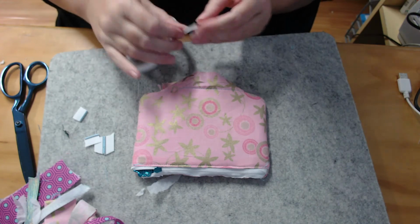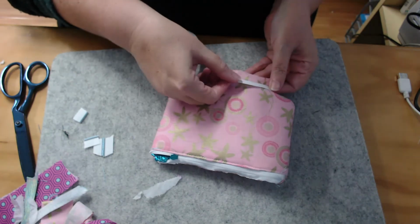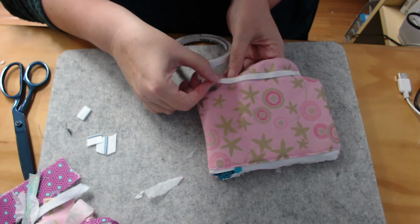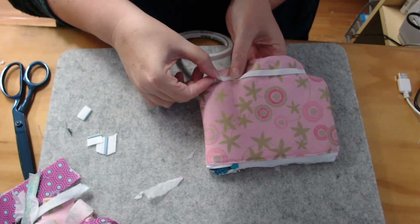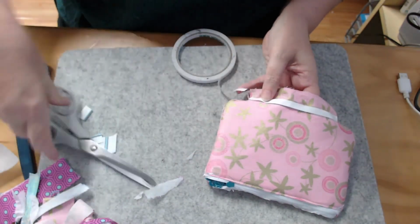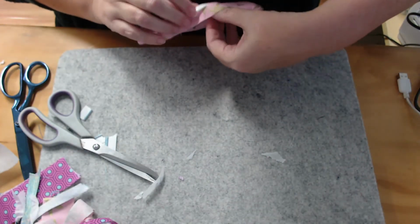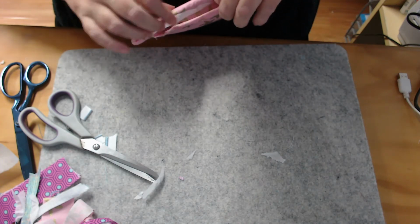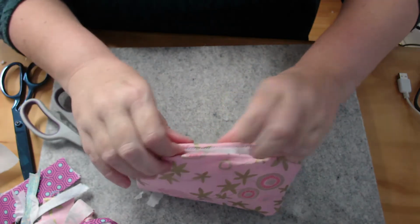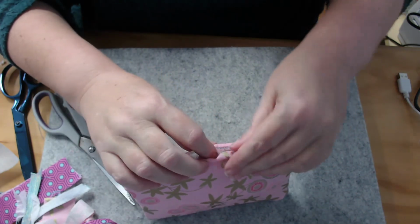Now as always, you can of course hand stitch, but I like the no heat basting tape, very similar to the sticky heat and bonds and all of those. So we put that on one side and we turn it in. Now when you then line up that second side,